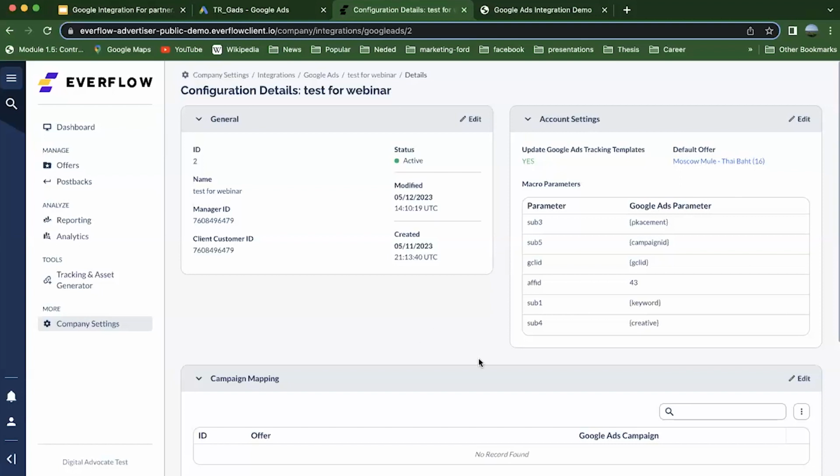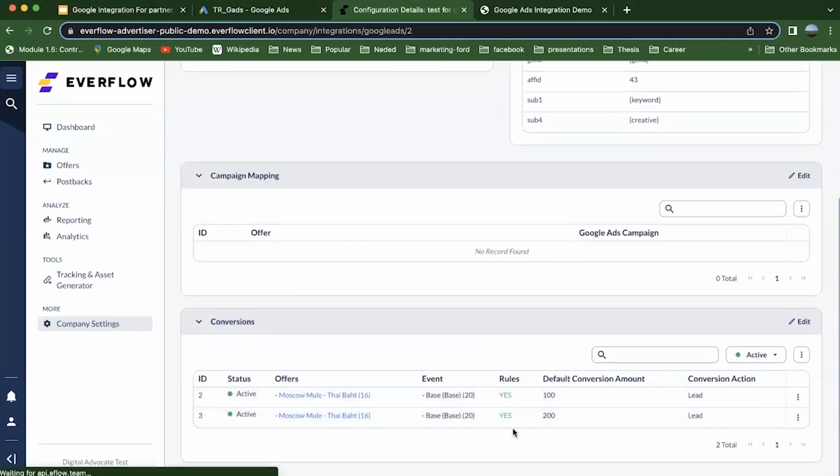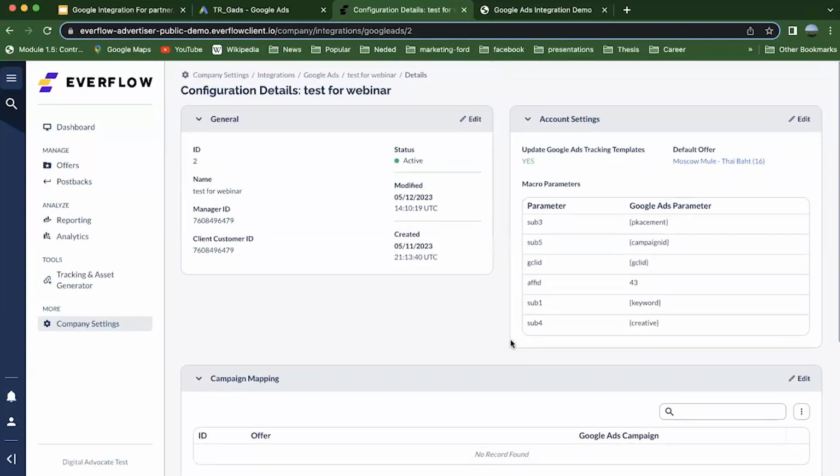And then the conversion tracking is automatically sending the conversions based on this mapping in here. So that's the main difference between using the Facebook Everflow integration versus the Google Everflow integration. In Facebook, after doing the integration, you would have to go into this postback section and create postbacks. In this case, you would not. This is already done. All you need to do is essentially start running some test traffic and start seeing the